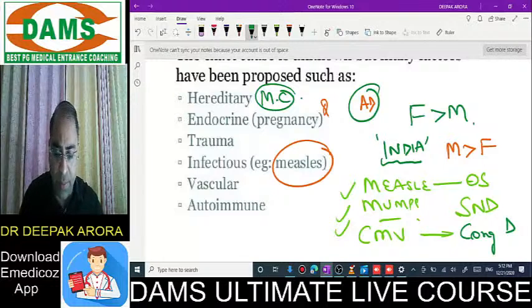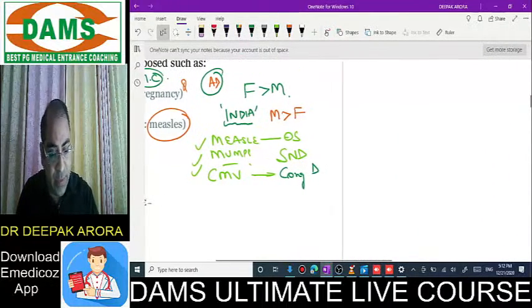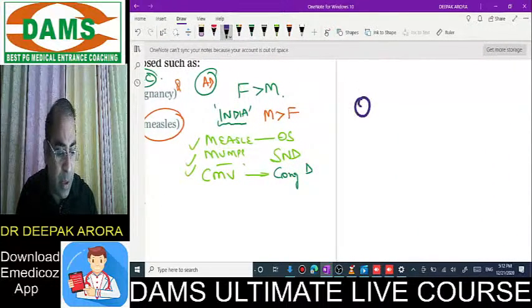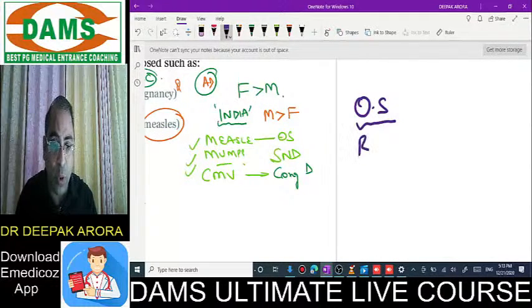So these are the multiple factors related with otosclerosis. Clear? Now coming on the next segment. It is an autosomal dominant condition. What we have observed, sometimes a patient of otosclerosis is associated with blue sclera,